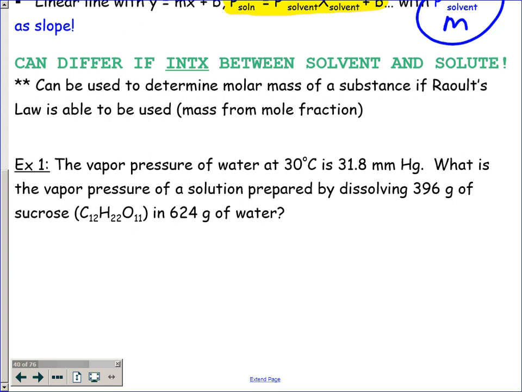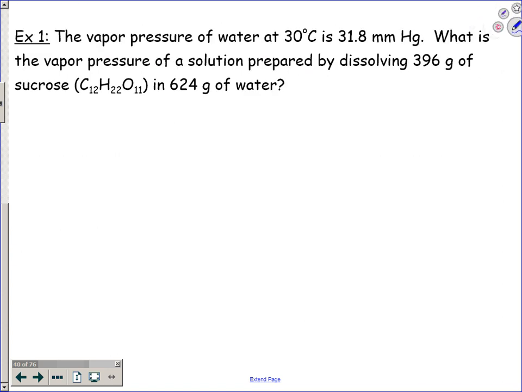I'll help you out with molar masses if that's helpful. Okay, what equation are you guys using? P, A, but we don't know what A stands for yet, so P solution equals X, who's the solvent here? Water. This is helpful for you to identify it as you go. Times